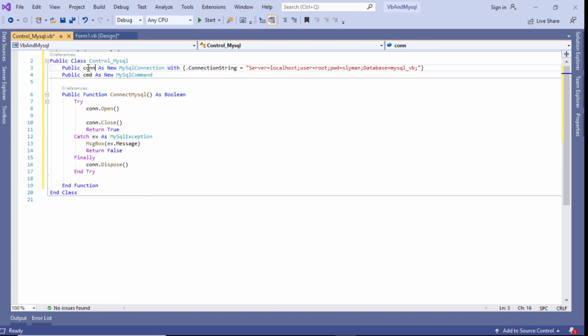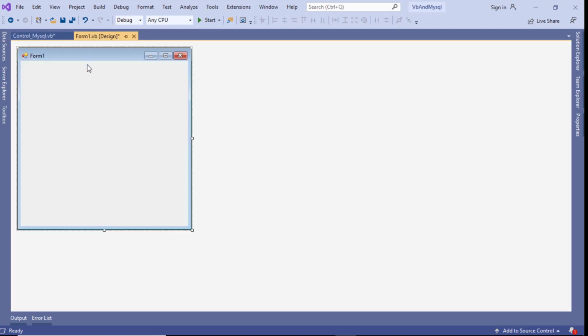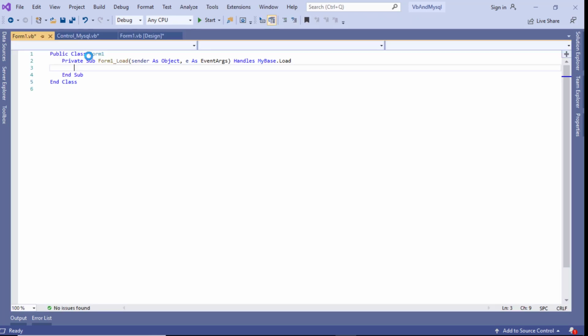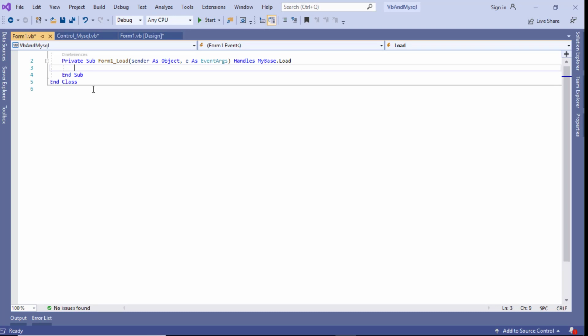Using this connection string, using this connection. So let's come to our form and double click on the form. So when the form loads, immediately the form loads, if we are connected, we want it to show a message box telling us that we are connected. But if